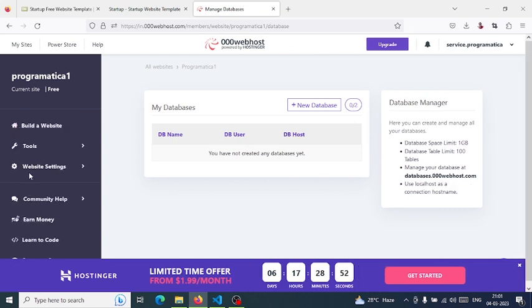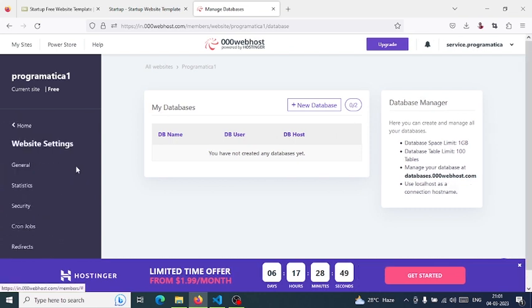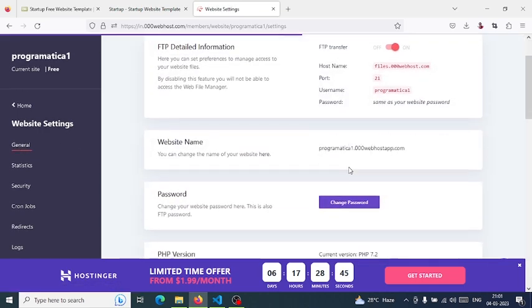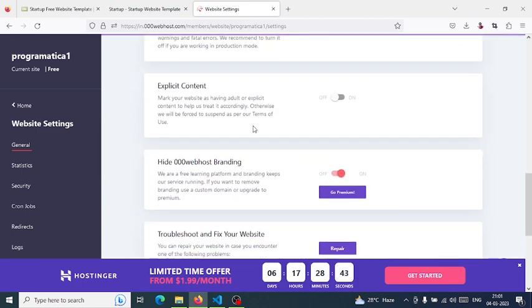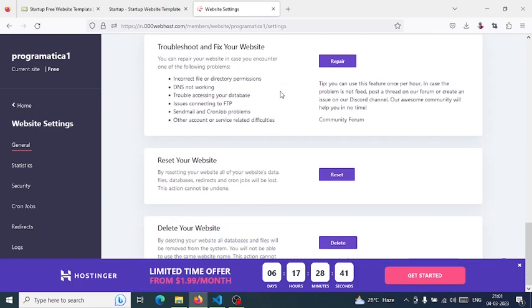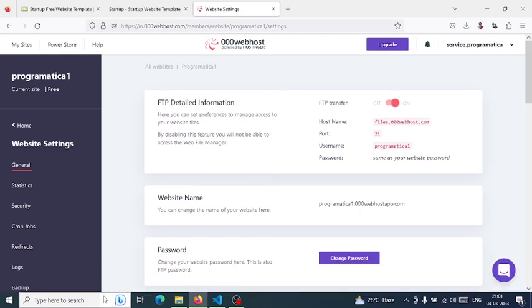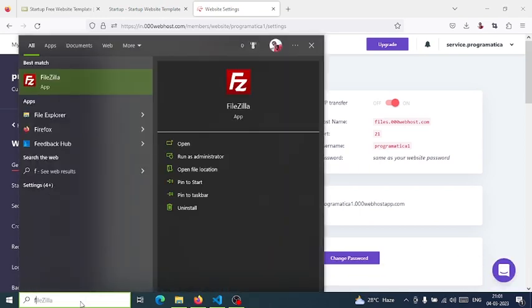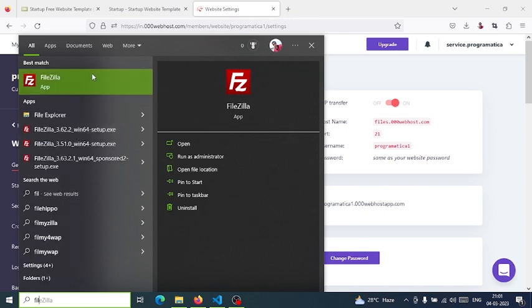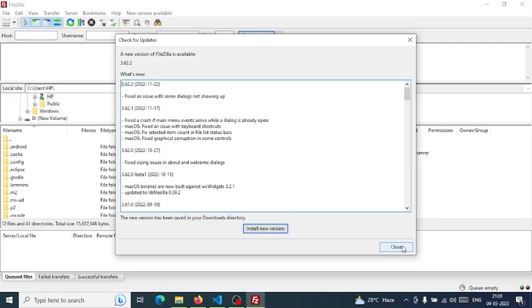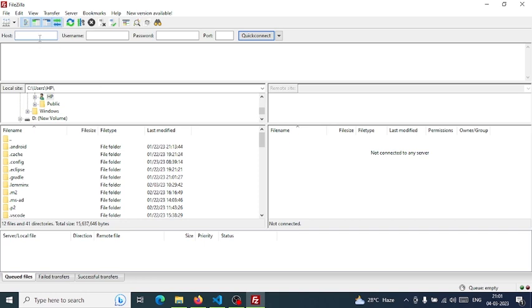Alright, so navigate to website settings and then general. If you want to use an FTP client, then you need this information to connect to the server, and make sure you have FTP enabled over here. And let's have a look at how our FileZilla client interface looks. So this is our FileZilla FTP client. You need this information to connect to the remote server,